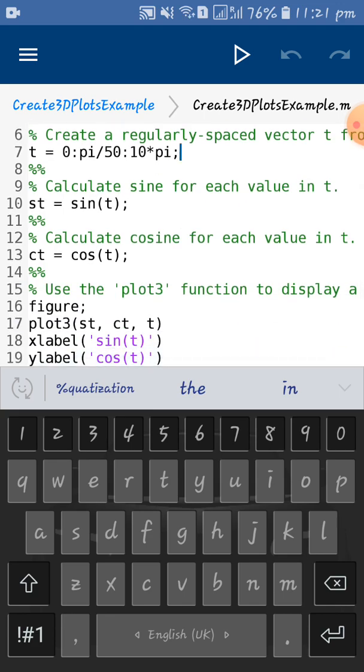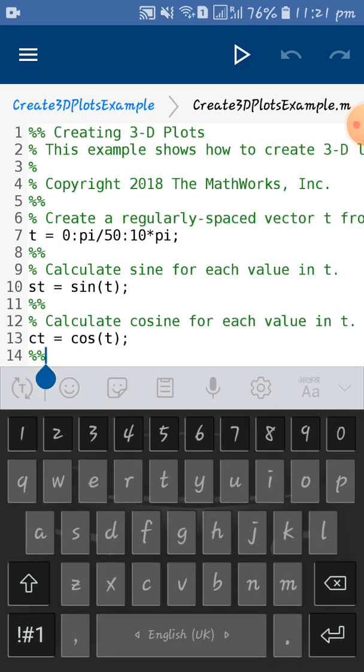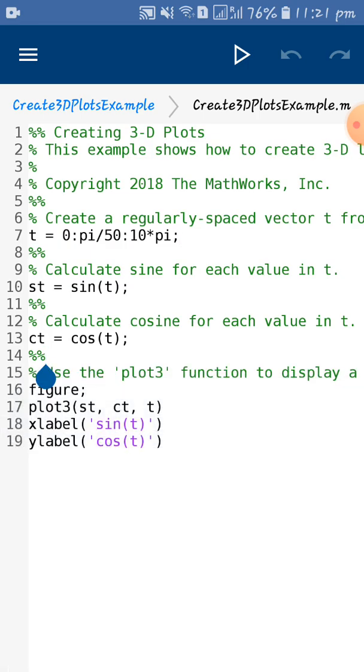Inside the code you can see there is another color, which is purple. This is to indicate the variables. Whatever is given inside the single quotes will turn purple, which is just for your visual appearance, so that you know it is a variable. So these are the three different color codes in MATLAB. And here on the top you can see there is a triangle icon, and then there are undo and redo buttons.